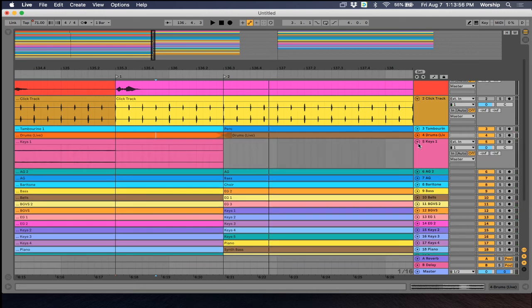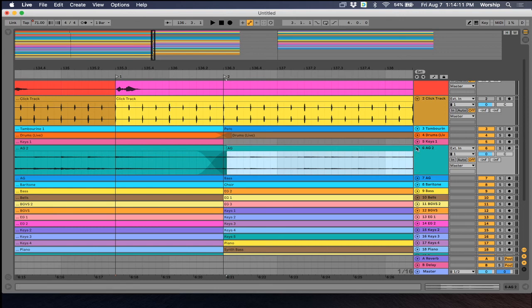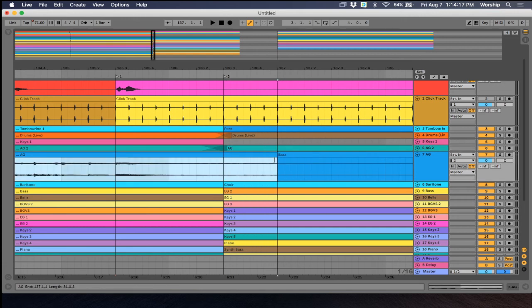Let's open up, I'm going to close these guys. Let's open up the next one. I'm not going to worry about him because you can see there's volume here, but once it hits here, there's nothing there, so no point in worrying about him. Same with the acoustic. I'm going to do a short blend, maybe even move him back a little bit. That acoustic, you can see it ends abruptly, which is where our cut is. So I'm going to drag him out a little bit